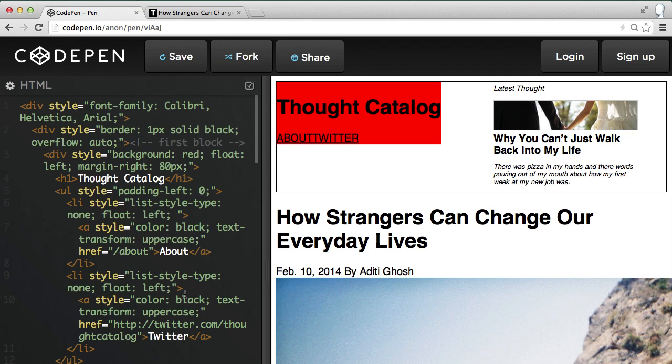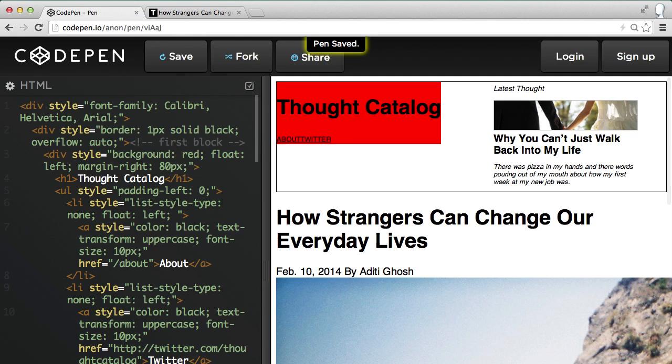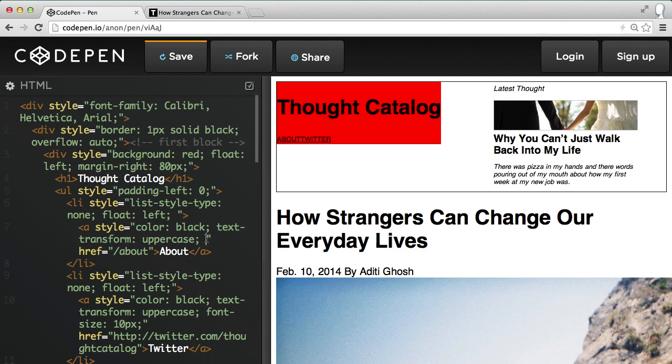smaller. So we're going to use font size. Font size, we'll just say 10 pixels. Dot catalog makes everything very small. And we're going to add that to the, we can add it to the anchor element. We could also add it to the list,